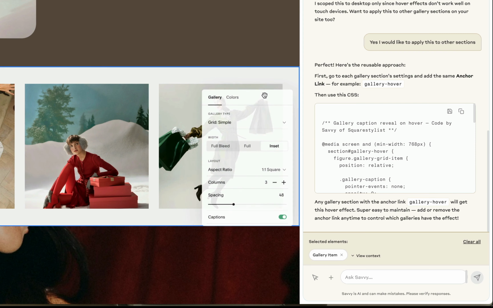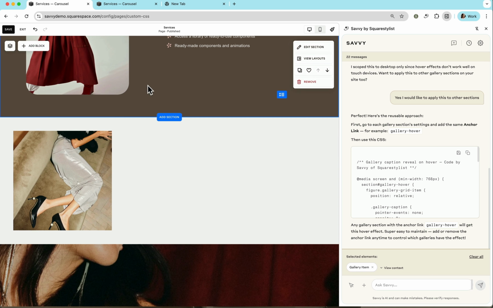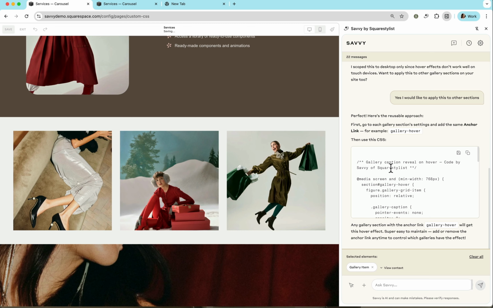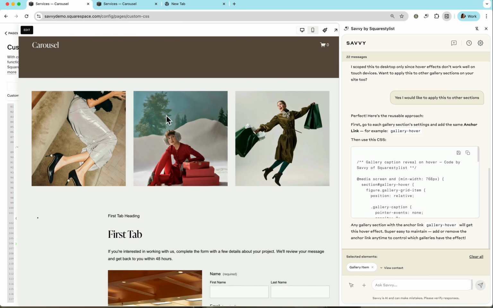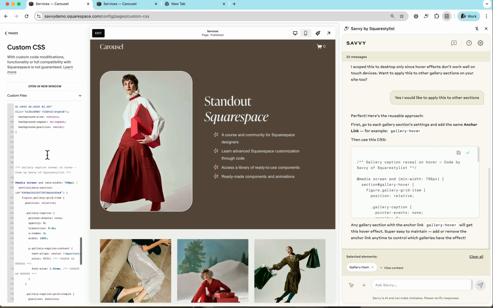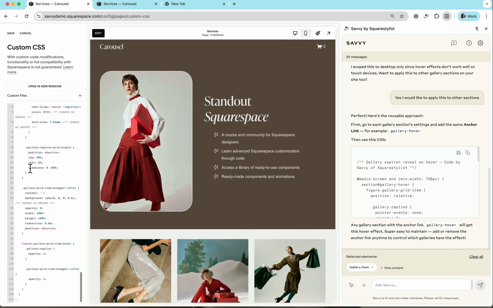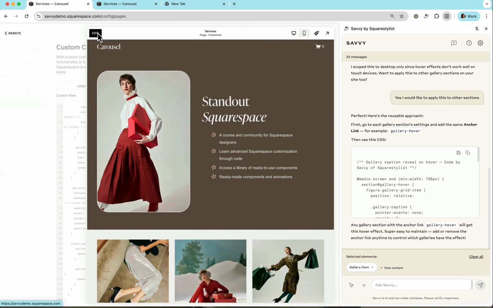If I say edit section and set this value to gallery-hover as instructed by Savvy. Now, instead of using the data section ID, we can now use this improved code such that we can apply this to other sections within the site. So if I copy this and replace the initial code with this one, then if we go and